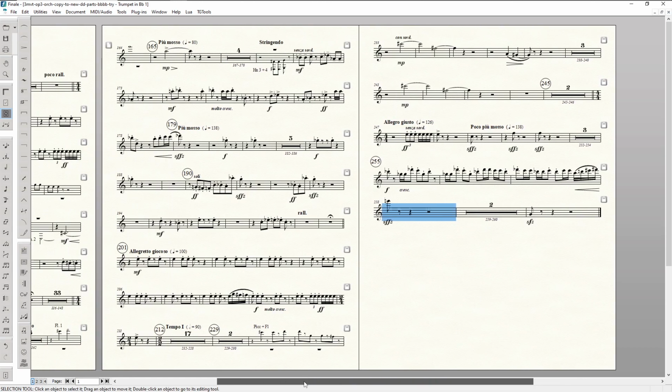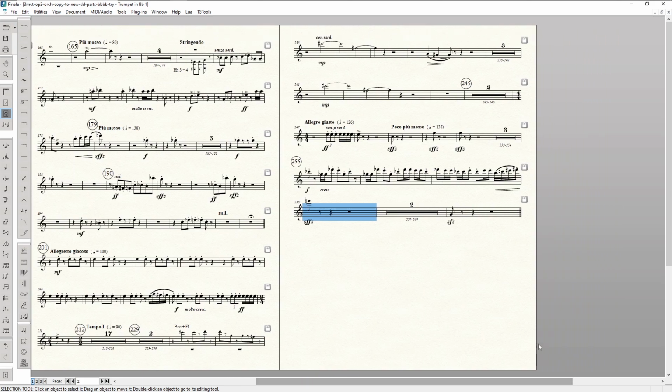So I guess in some pieces, more advanced players could choose to play parts if they have a higher trumpet. They could use it in a place like this. Okay, so